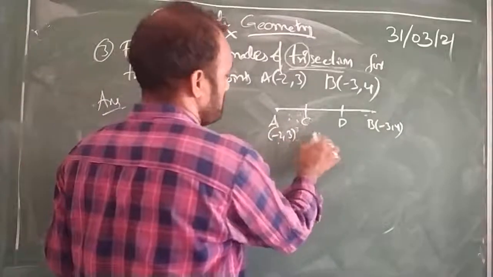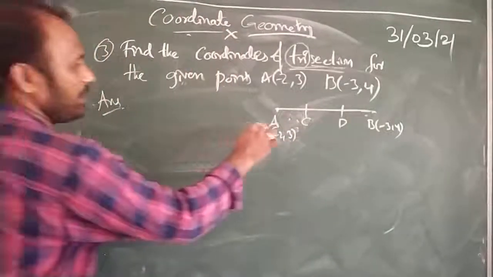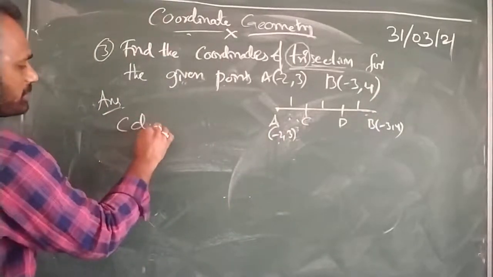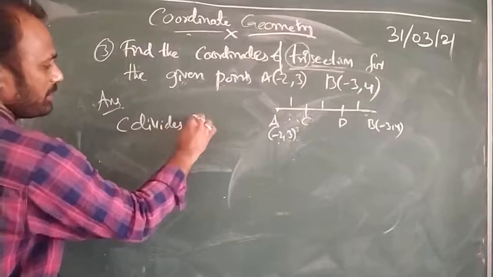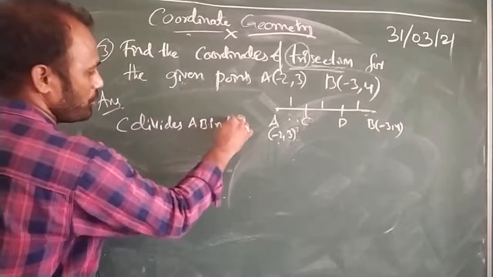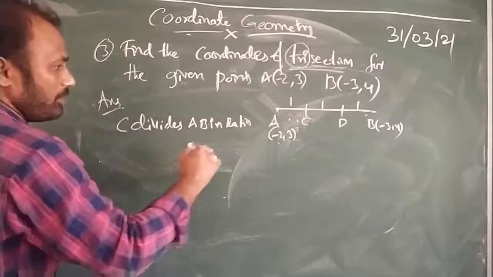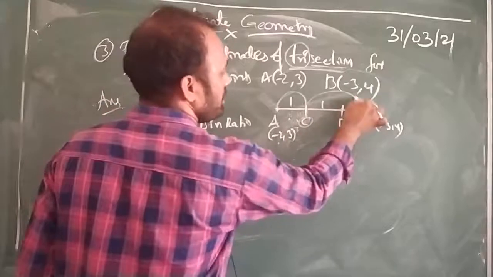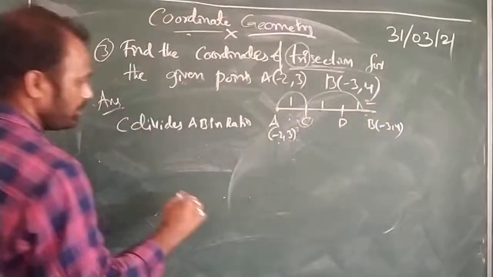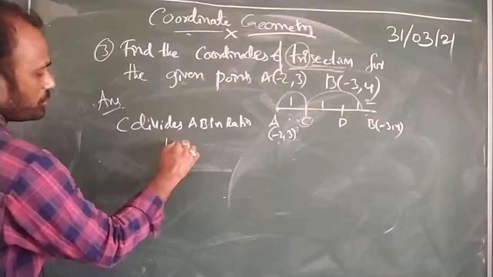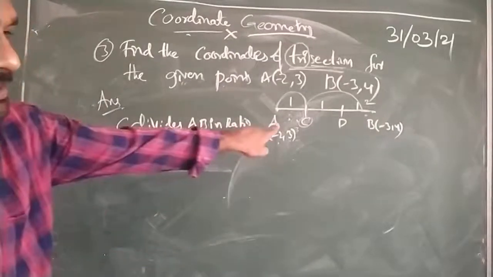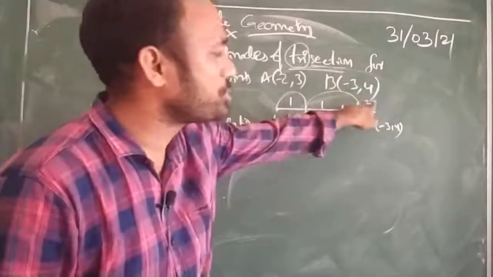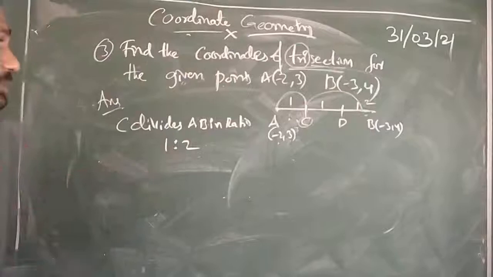So how am I going to get this? Now equal parts I have to divide. 1, 2, 3. 3 parts I have divided. Now, in order to get the C part, C divides AB in what ratio? From A to C it is 1 part and from C to D it is 1 plus 1 which is 2. So C divides AB in the ratio 1 is to 2. Once again see here, C is the point. A to C is 1 part and C to D is 1 plus 1 which is 2. So I am using the ratio 1 is to 2, trisection.